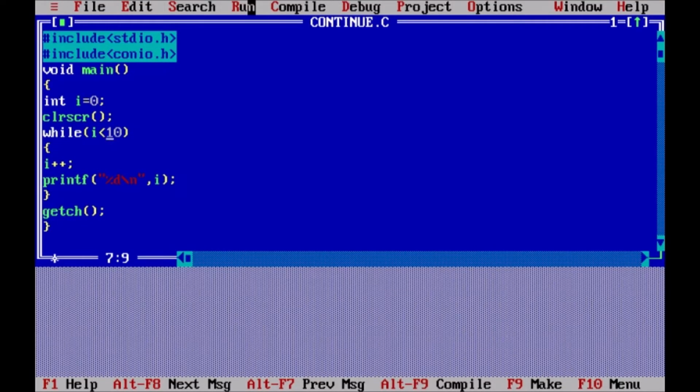Now let me demonstrate the use of continue statement in this. As we know, a continue statement is used to skip an iteration from the loop. In this case, let us skip the value of 5. Let me write a condition here. If the value of I is 5, I will skip the iteration.